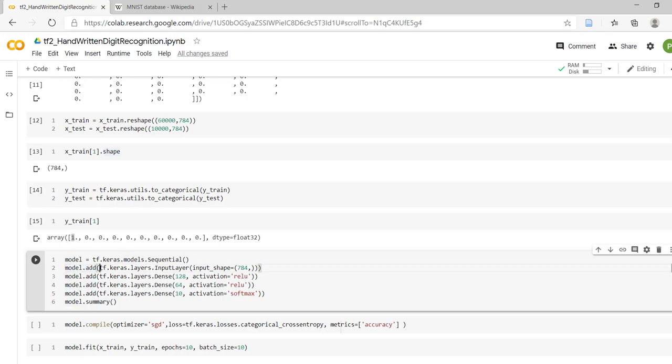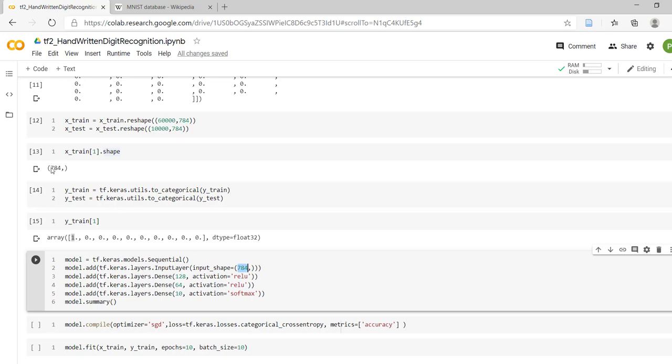Now in that model we are going to add the layers. How to add the layers? Under tf.keras.layers, different layers are available. So the first layer will be the input layer. So we are going to import that, tf.keras.layers.InputLayer. Now this input layer is responsible for taking input of shape 784.